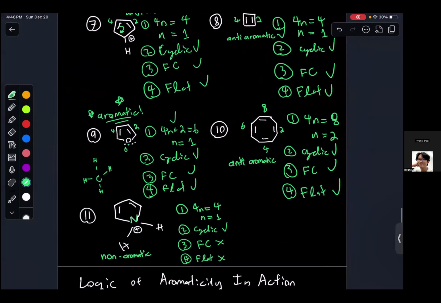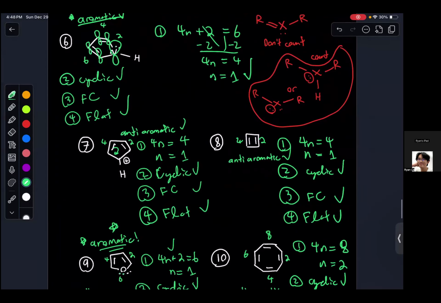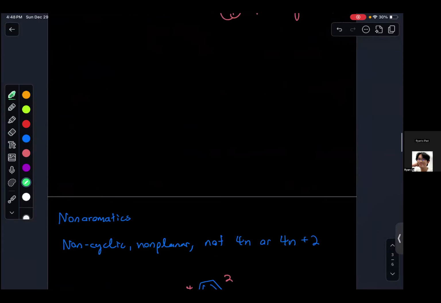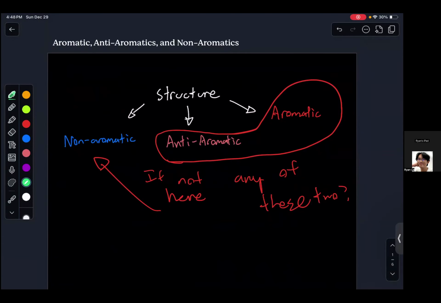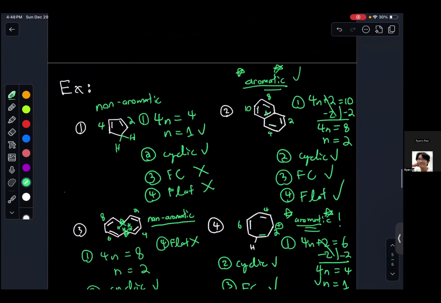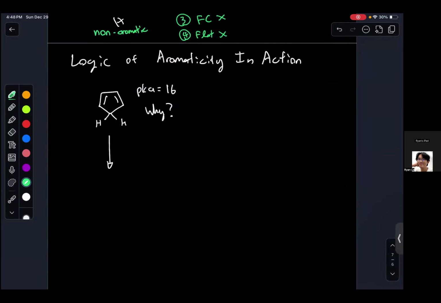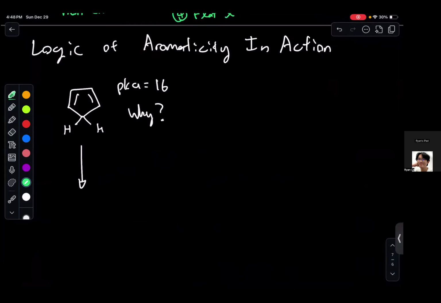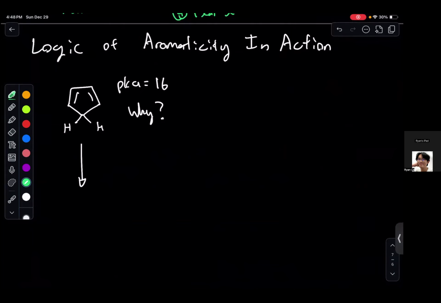So this is basically the naming game, the categorization game of non-aromatic, anti-aromatic, and aromatic. Let's go all the way down here to the logic of aromaticity in action. So why does aromaticity matter? Well, keep that rule in mind: that general idea that structures love aromaticity,